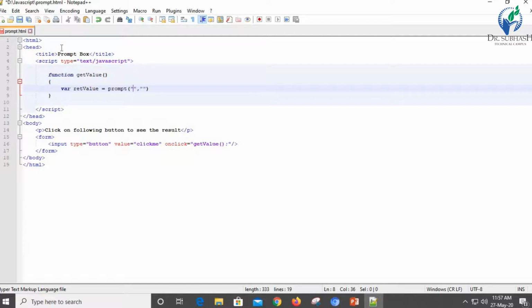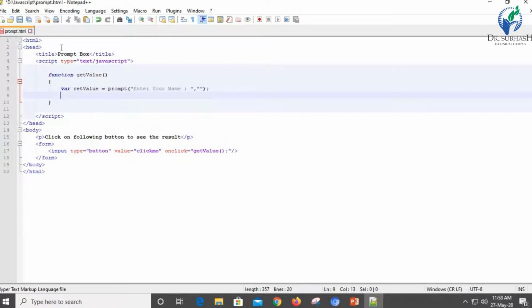So here I am going to write the message, enter your name. In the second argument I will keep it blank. I'm not going to enter anything, then the text box will be blank. If you want a default value to be displayed in the text box, at that time you can write over here. You can override this value.